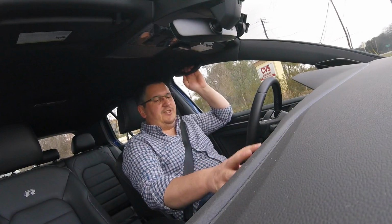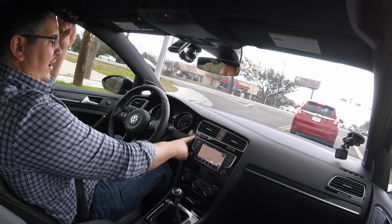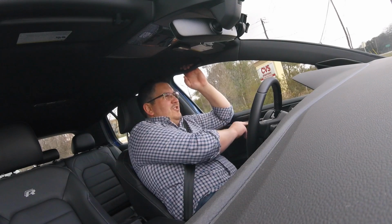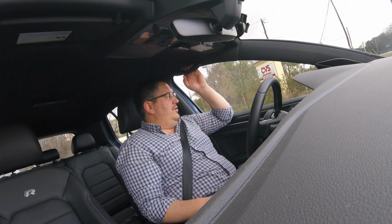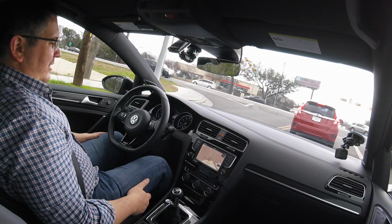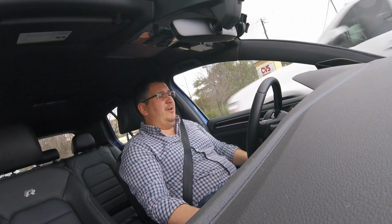Of course, this is the standard setup in most Golfs these days, except I have a piano black trim here and a weird carbon fiber-ish etched kind of trim on the door, and they don't match. I don't really care. I'm not a design guy, obviously, but at the same time I look at it and go,